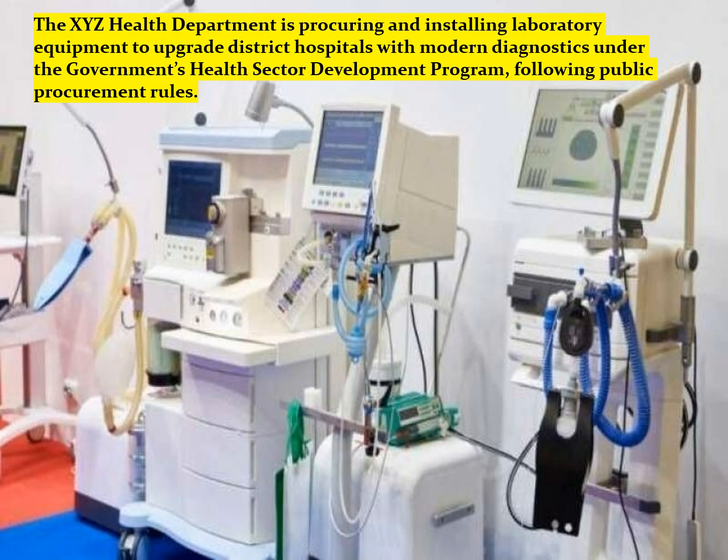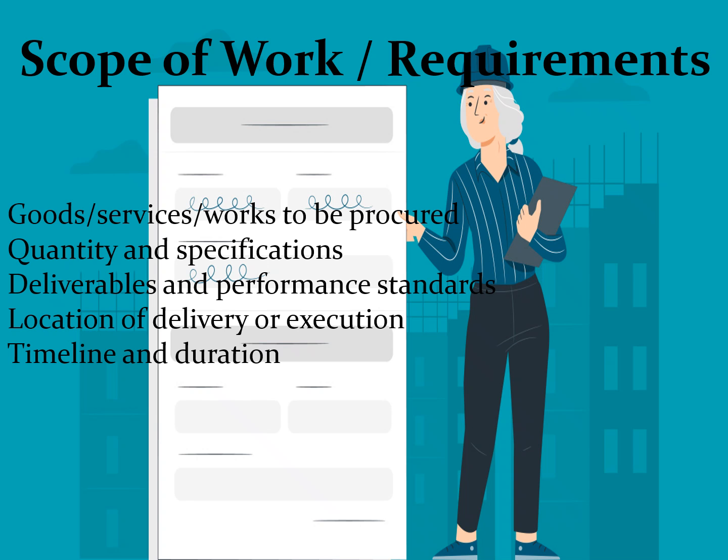with public procurement rules." The third section of the ITT document is scope of work, requirements, in which you clearly define goods, services, works to be procured, quantity and specifications, deliverables and performance standards, location of delivery or execution, timeline and